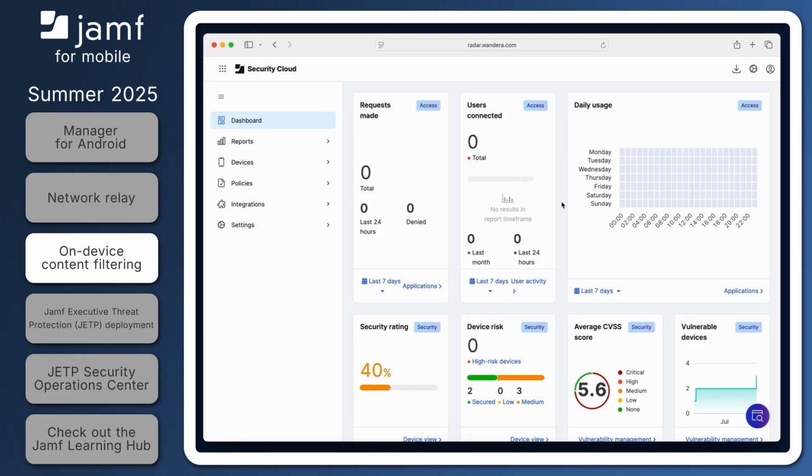On-Device Content Filtering, or ODCF, is now part of Jamf Protect and Jamf Safe Internet. Previously, content filtering in these services relied on gateway-based solutions like Cloud Proxy and Secure DNS, or DNS over HTTPS. As of iOS 16, Apple has improved their operating system to allow us to instead analyze this network traffic directly on the device itself. Unlike previous solutions, ODCF cannot be bypassed by a VPN, a proxy, or a DNS service.